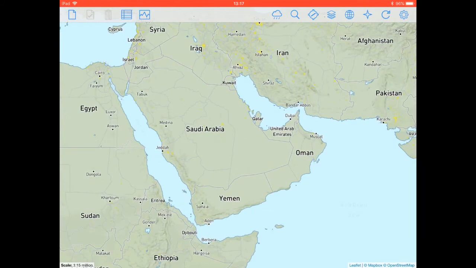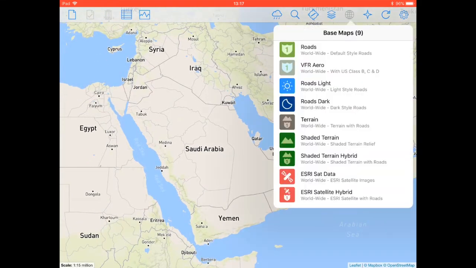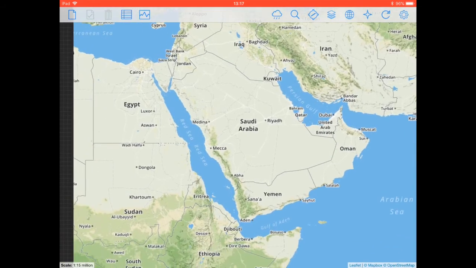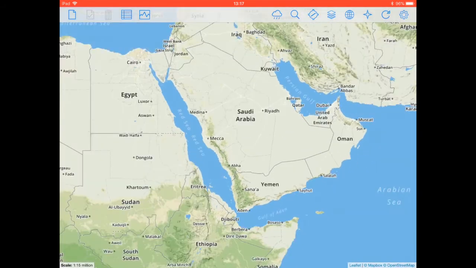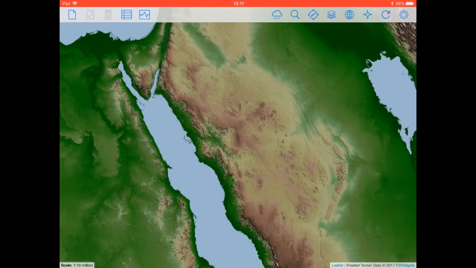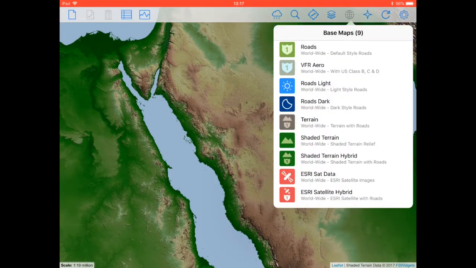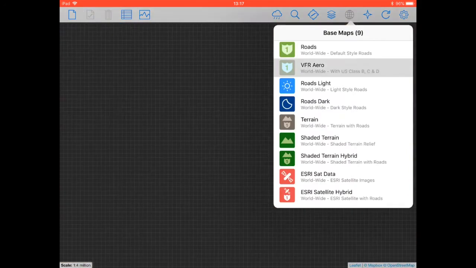Okay, so the data is cloud based. If we look at some of the other base maps, there's a map showing roads. You do get some terrain on there as well. We've got some variations of the roads. We've got terrain. That just to me looks like the road map, with is it showing roads? Well, it's showing the terrain slightly more emphasized. We've got shaded terrain, which looks nice. It doesn't have any height data, so that's important for flight planning because we don't get the sector safe altitudes. Satellite data, this looks like photographic imagery, so there you go,